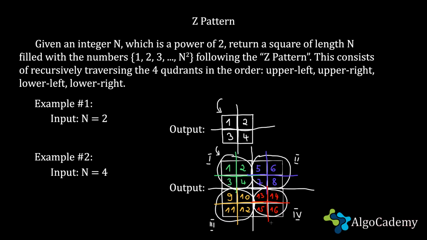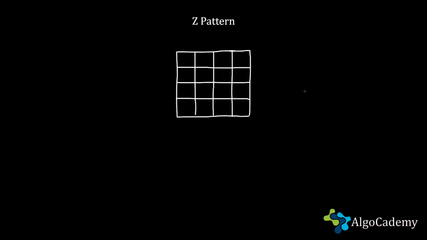We have to do this for each n that could be given in the input, right? So we need to come up with an algorithm to build this square and then return it. Think about how you can use recursion on this. So basically, the problem statement told us that the big problem consists of 4 smaller subproblems of the same type, right? In order to fill a square of length 4 in this way,